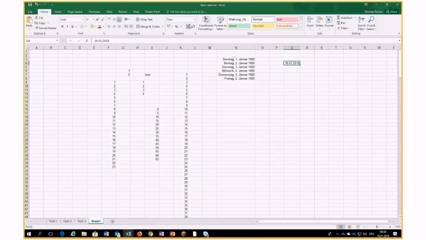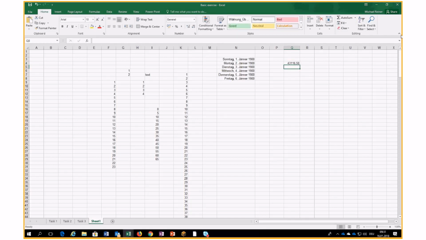And that means if we're typing in our date for today, the 16th January 2018, and we want to change that to a numbering format, it's 43,116, and it simply means it's 43,116 days since the 1st January 1900. Times, like 8 o'clock in the morning or 12 o'clock noon, are decimals. If I want to make sure that it's today at noon, all I have to do is